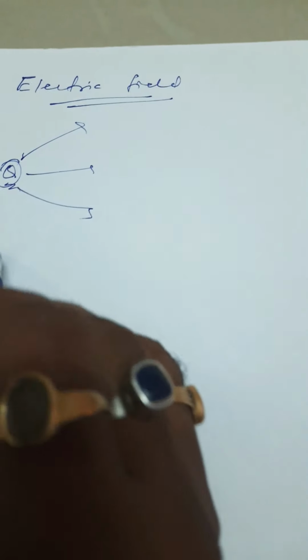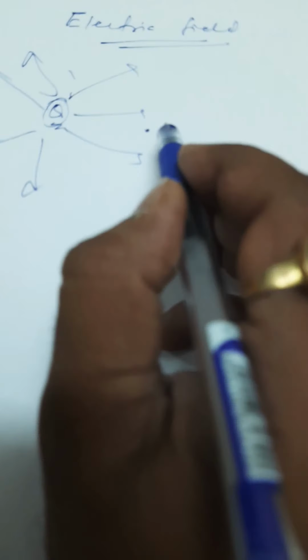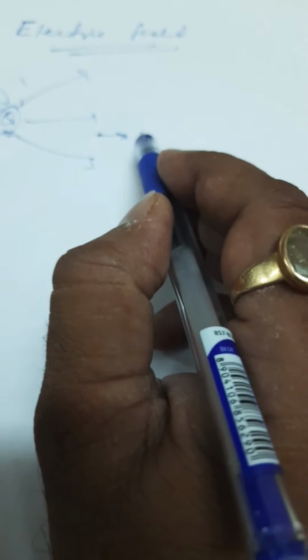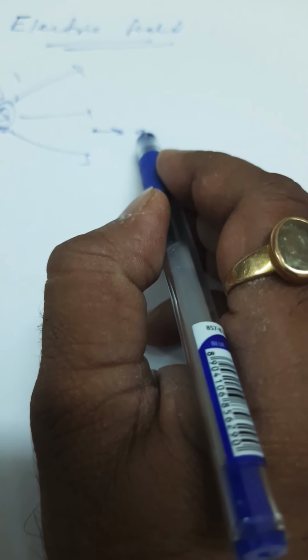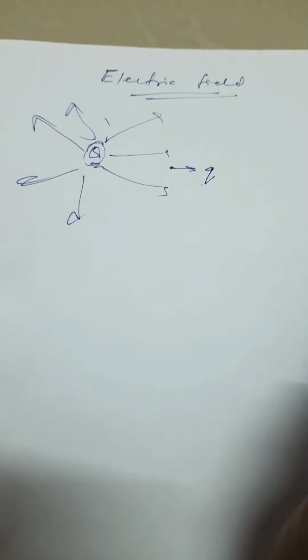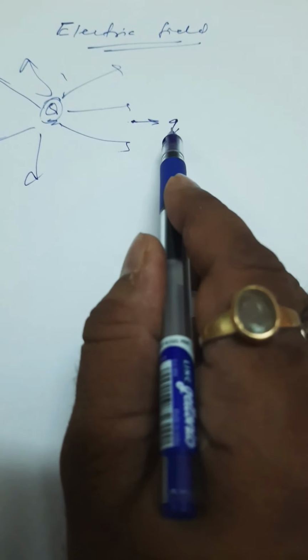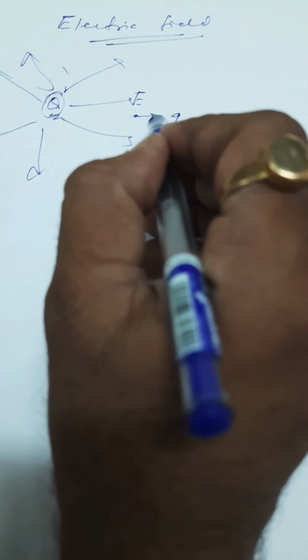We can imagine an imaginary line of forces coming out of a charge, and if we place another charge in the vicinity of this charge, it is going to observe some kind of force acting on it. So because of this charge, you'll find the force that will be acting on this Q because of the electric field E. Now suppose this is an electric field E over here,